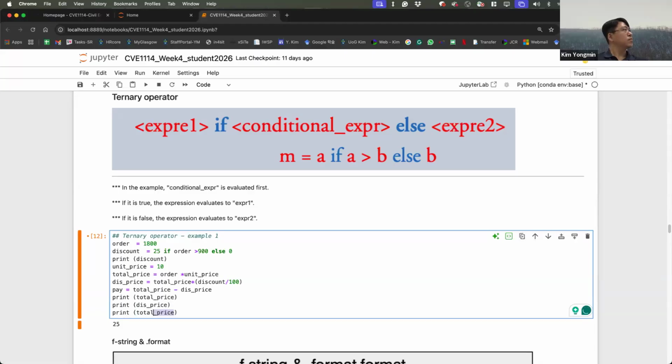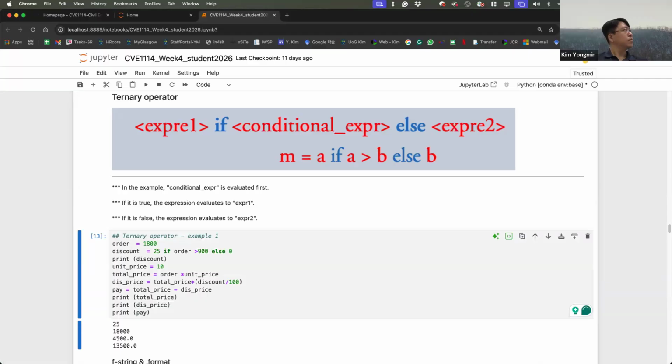Print. Wow. I ordered 1,800. The unit price is 10. So total price is this amount and discounted this amount, and then this is my final bill.